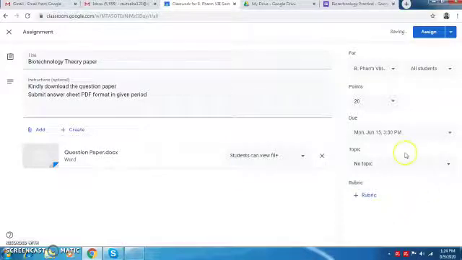So this is all the required things I have done here, and saved. This is already saved. Okay, so this is how to provide your question paper for theory.